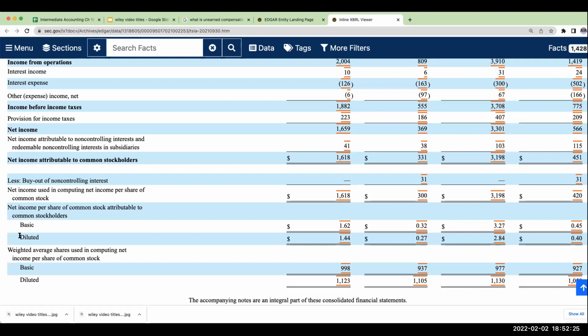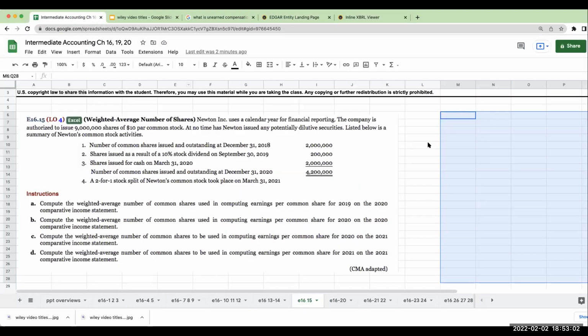Another thing to keep in the back of your mind is that if you have a net loss, you only do basic, because diluted would be anti-dilutive. If you look over here, the basic is higher than the diluted if this was a net loss, because you're dividing by a greater denominator. If it's a net loss, you never use diluted earnings per share. It's just going to use the basic amount. The other part of this, and this is why this is a good problem for us to use,